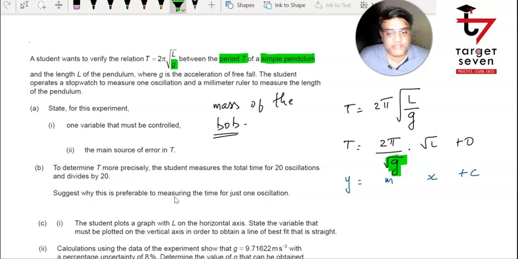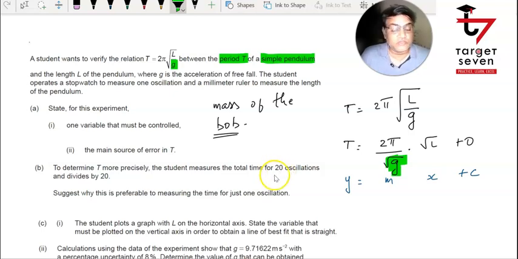As already specified, if you are trying to measure one single oscillation, there could always be the factor of the reaction time creating a lot of error in your overall value. So it is always better to go for 20 oscillations. In fact, on a practical basis, when you actually try to conduct the experiment, it is preferable not to have